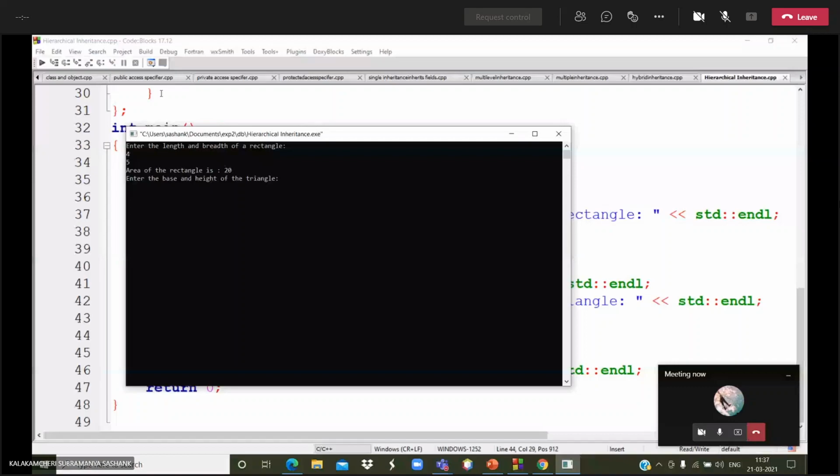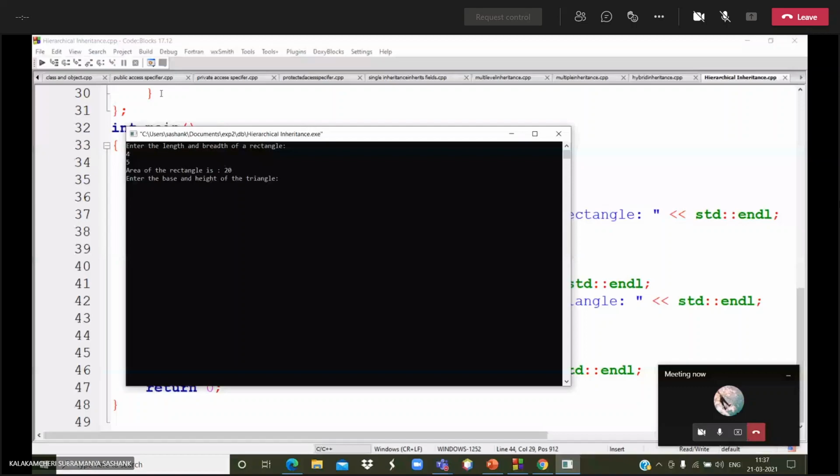In compile time polymorphism we have two kinds of overloading: function overloading and operator overloading. Function overloading means if I want to write a function with the same name, for example add, in one class, and again I want to write the same function in one more class, then we use function overloading.